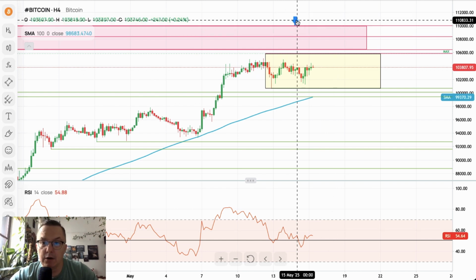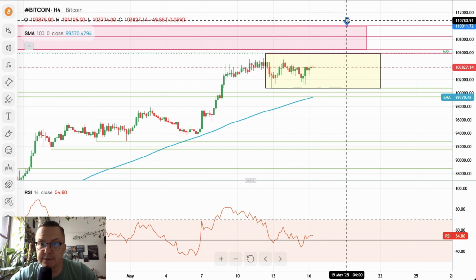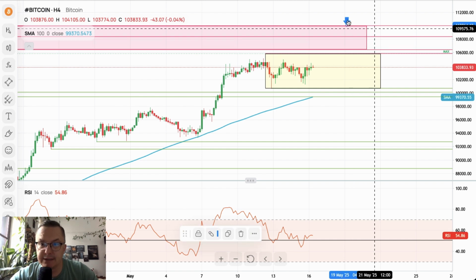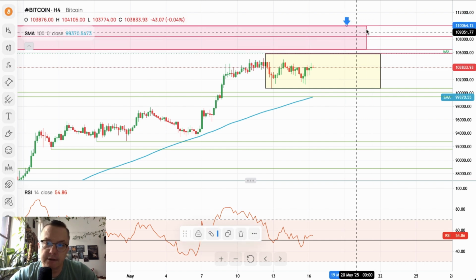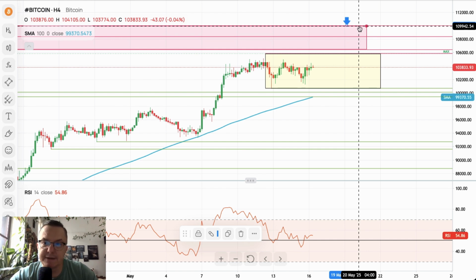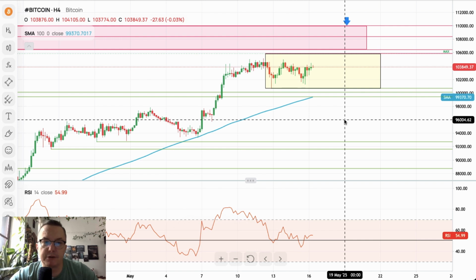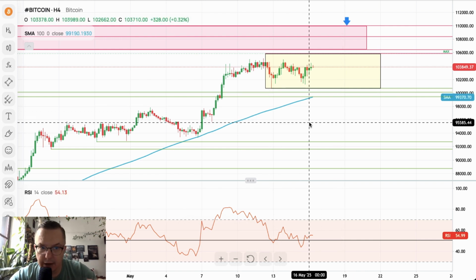So the key levels here are, of course, those 3 levels, and these 3 levels constitute the supply zone. The top of the supply zone is the all-time high. Any breakout then is obviously bullish for the Bitcoin. For now, quiet market, waiting for something to happen.